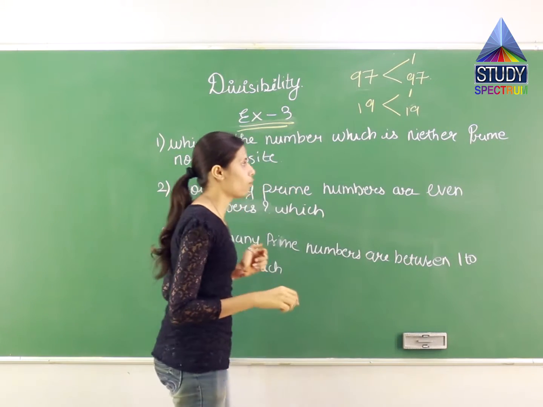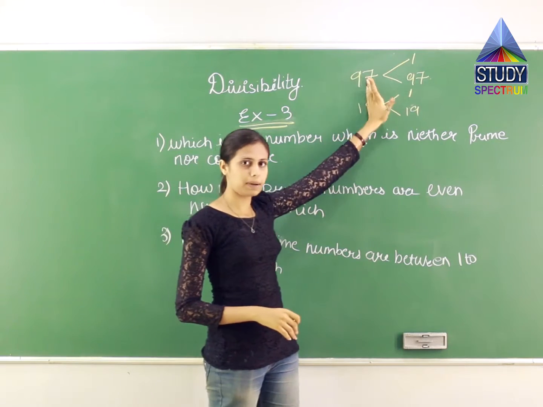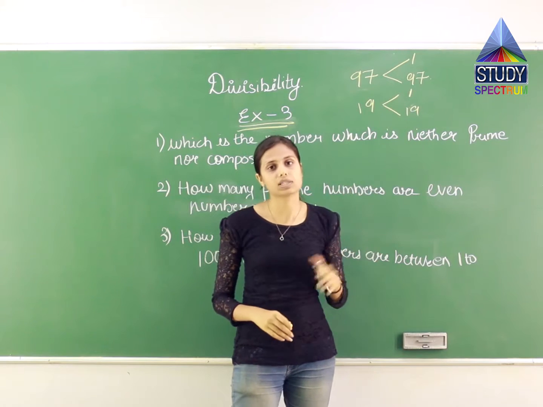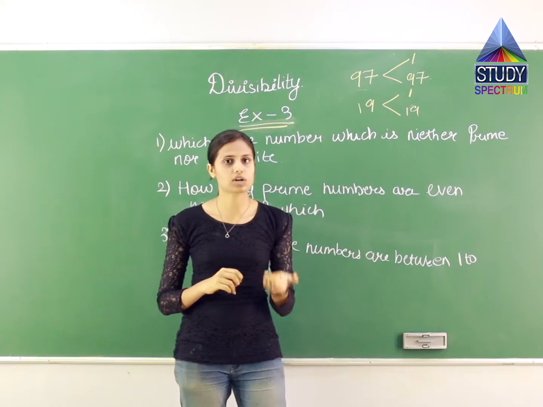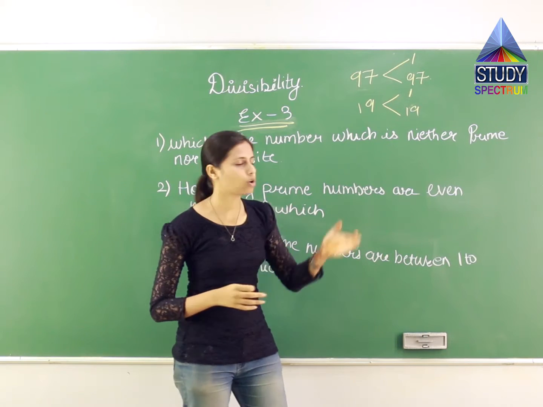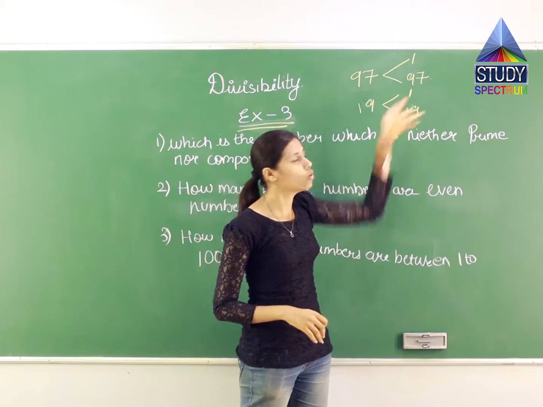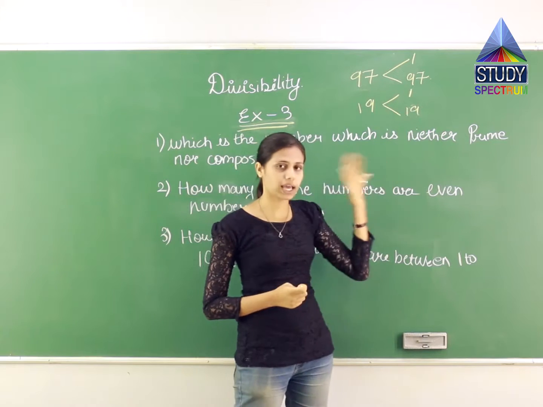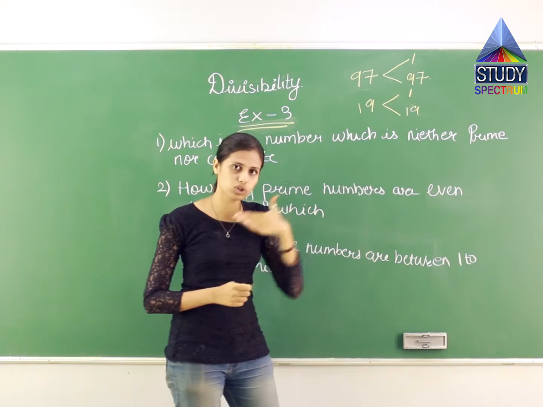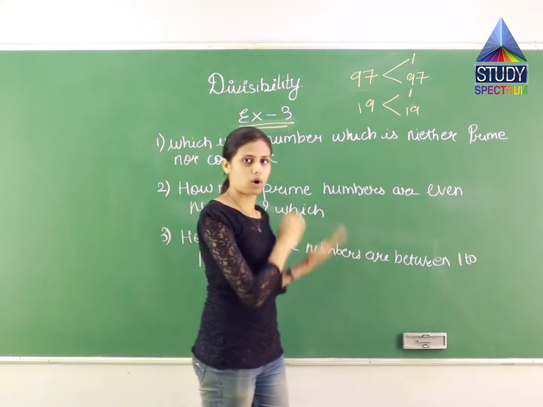So now we will move on. We know what prime numbers are, right? Leaving these numbers, other numbers are composite numbers. Now if I ask you what is a composite number, simple, right? Composite numbers are those numbers which have more than two factors or divisors. That is, leaving 1 and the number itself, if there are any other divisors, such a number will be a composite number.